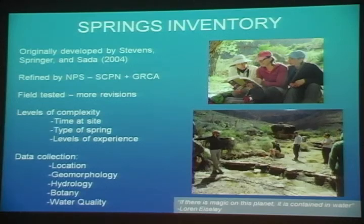They've been field tested, more revisions have been done, and ultimately we have a number of different protocols now that can be brought out into the field depending on how much time we think we'd have at a site, the type of spring, the size, or the complexity, or even the levels of experience of the folks that would be conducting the investigation. Some of the data that's being collected at these sites include location data and information on geomorphology, hydrology, botany, water quality, as well as other things like repeat photography, site sketches, and botanical collections. And what we can do is start building up a database of this